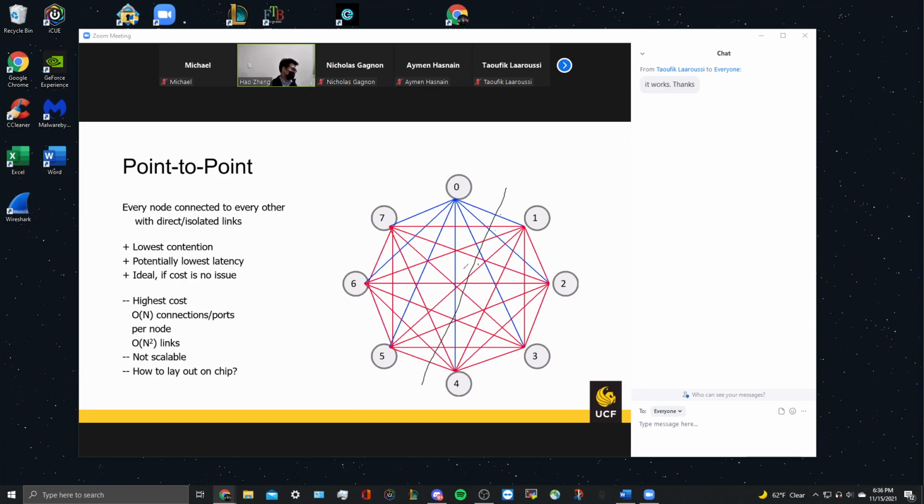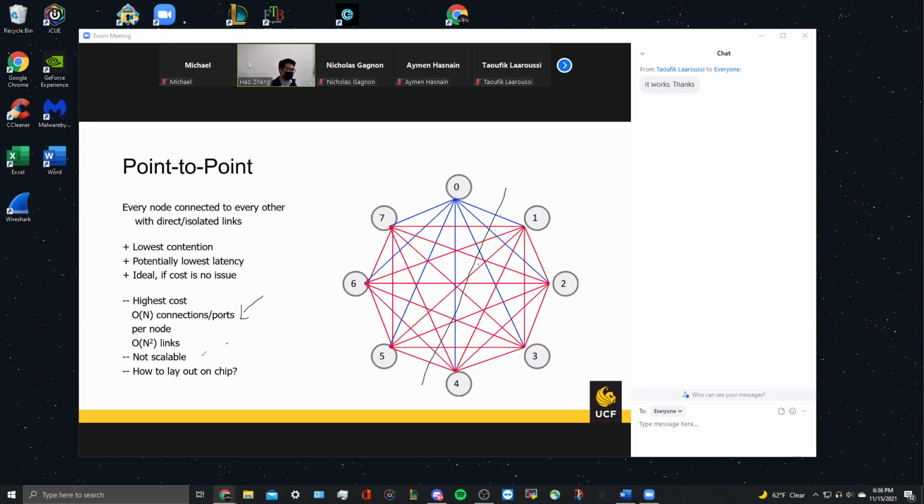And the average hop count, of course, is 1, right? But the problem is we have the highest cost. There is always a trade-off, right? Remember that the essence, the key principle of computer architecture, is the trade-off. We have the best latency, we have the best bisection bandwidth, but definitely we have the worst cost. Is that clear?